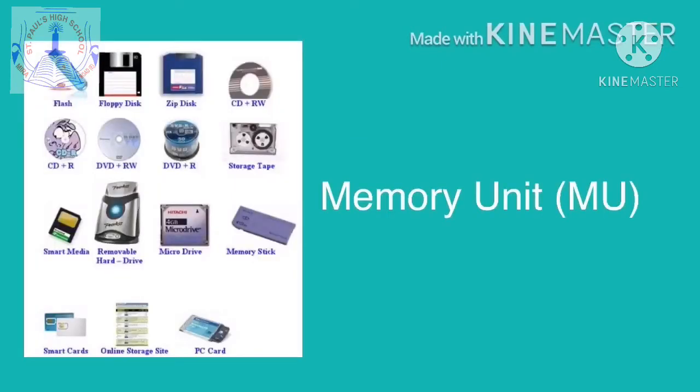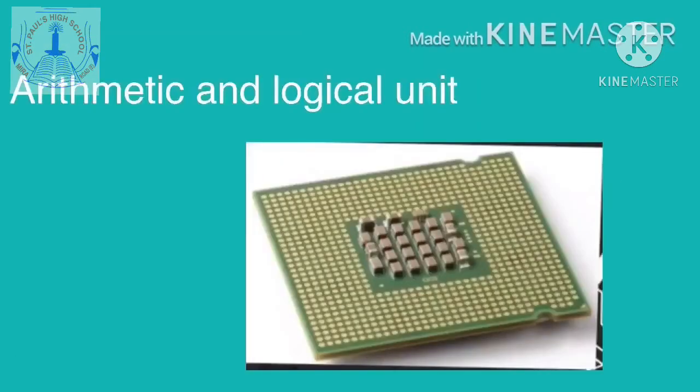Now, next one is MU, the memory unit. The memory unit stores the information temporarily for making calculations. The temporary storage is made of a register, a device capable of storing. If you want to save the information permanently, there are options like the pen drive, CDs, where you can save the information permanently.